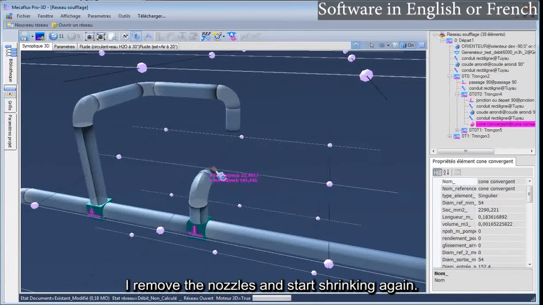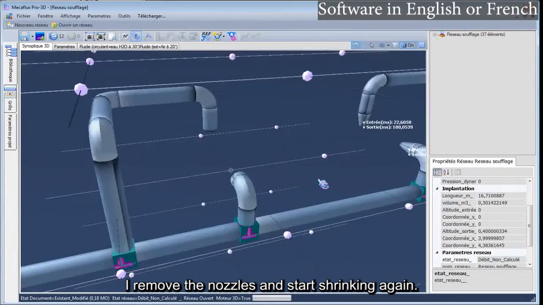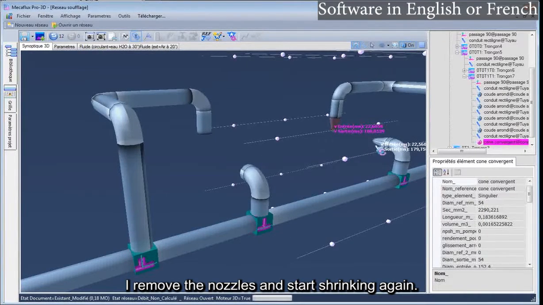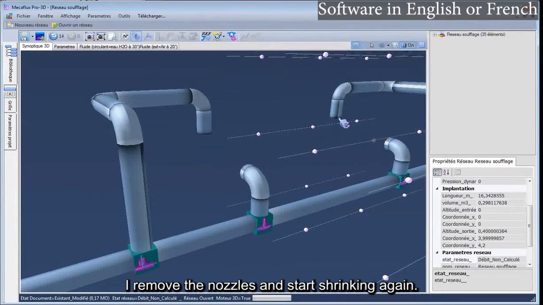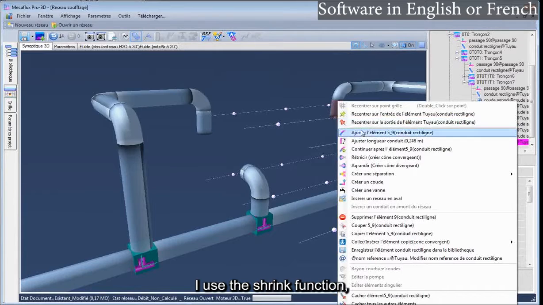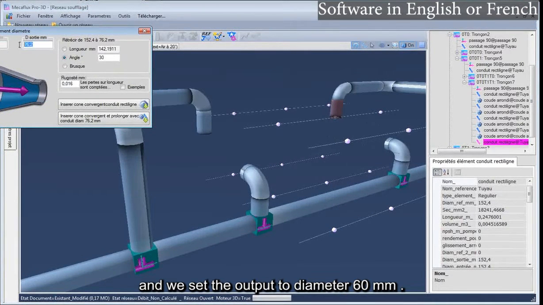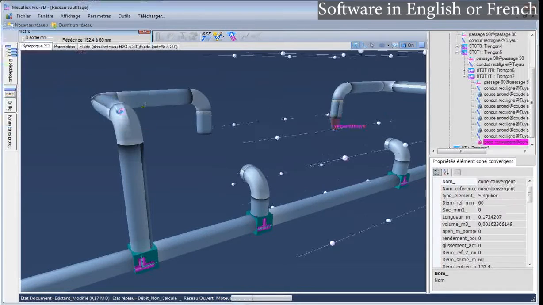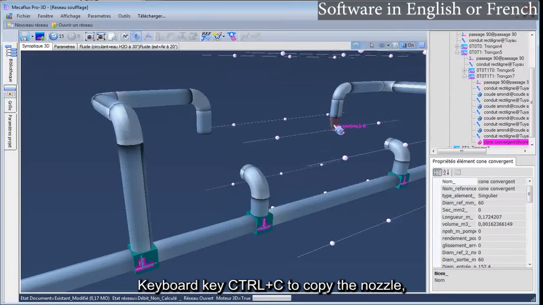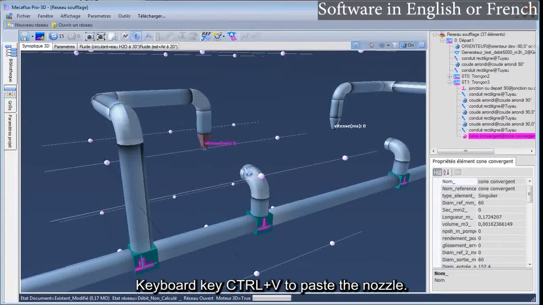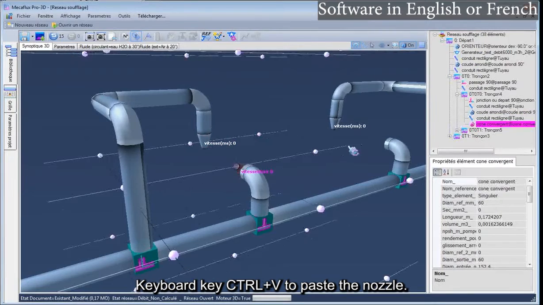I remove the nozzles and start shrinking again. I use the shrink function, and we set the output diameter to 60 millimeters. Ctrl and C to copy the nozzle, Ctrl and V to paste the nozzle.